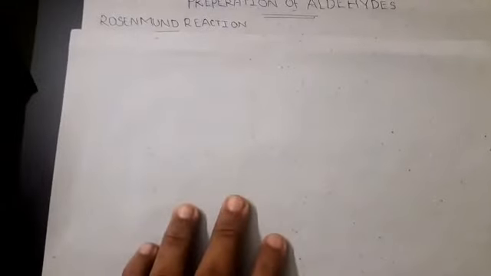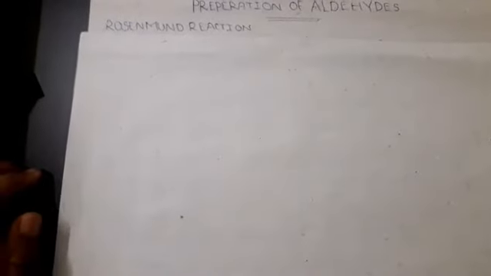Hello students, welcome. Today we are going to see the preparation of aldehydes. Aldehydes means the functional group CHO. First preparation is the Rosenmund reaction. In the Rosenmund reaction, an acetyl chloride reacts with hydrogen in the presence of Pd/BaSO4 catalyst